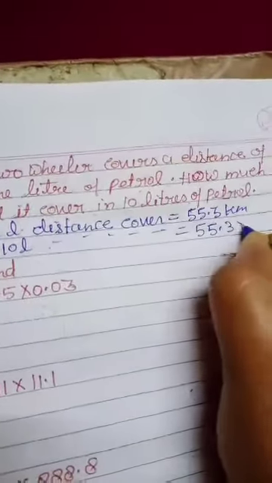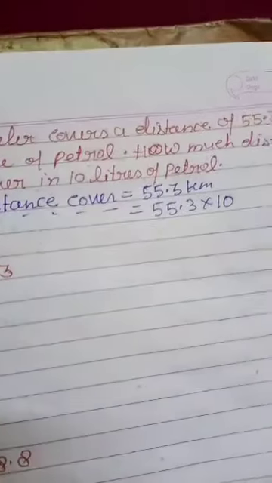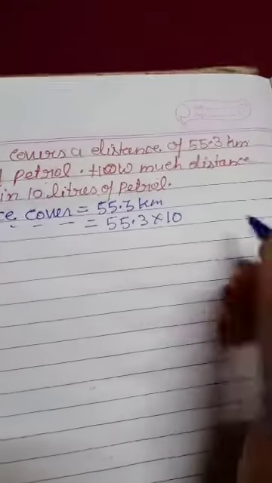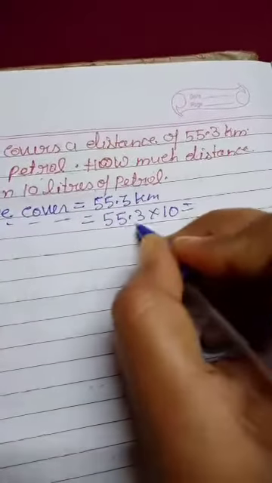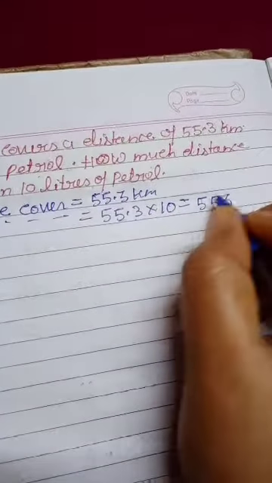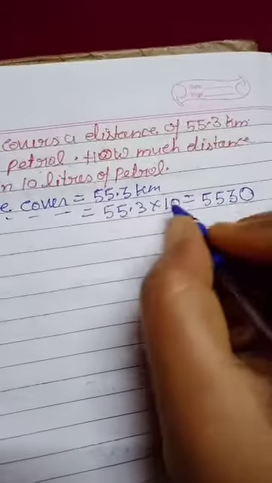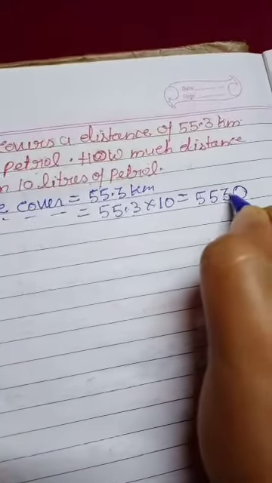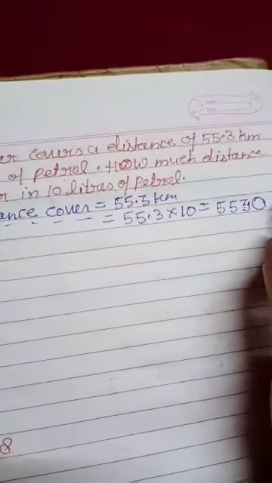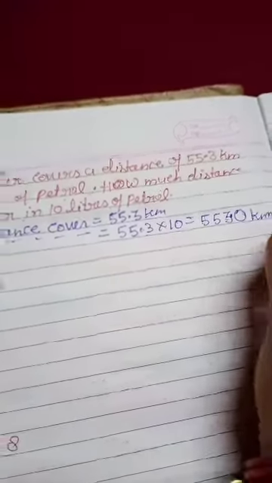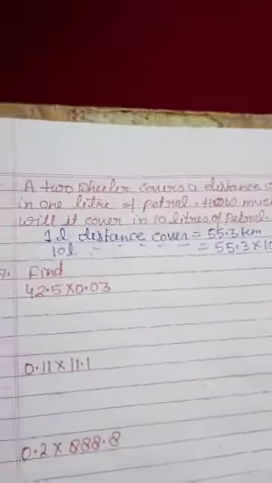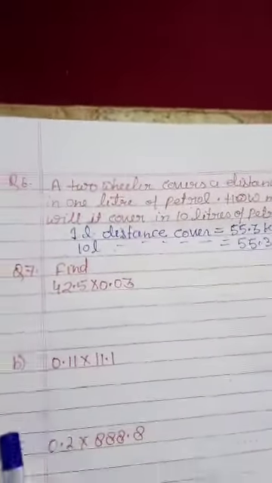So in 10 liters, distance covered is equal to 55.3 multiplied by 10. As I was doing multiplication just now, in the same way you will do it here. Write 553 and then 0. After how many digits will the decimal come here? So how many kilometers will it go? 553 kilometers. It will be your answer. If you see carefully, beta, nothing is difficult in these questions.